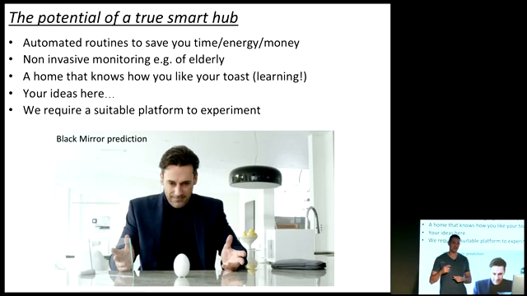Another idea I've had, which is actually inspired by an episode of Black Mirror, which is a really great TV series, you have to check it out, is this idea of the home learning your personal preferences over time. So what actually happens in that episode is a smart home learns how the person likes their toast, and so they get a perfect toast every time. But you can imagine it learning different habits for different people. So these are just a few of the ideas, and I think it's going to be probably people with a data background, maybe even Python data scientists, that are going to drive some of these developments and innovations. But what we really need is an appropriate platform to try these ideas out.